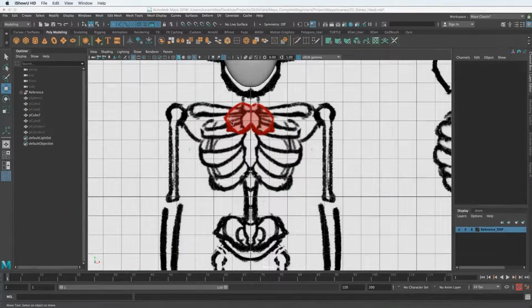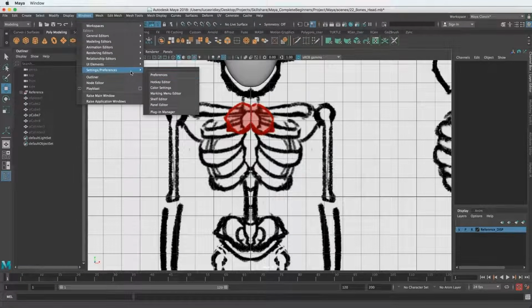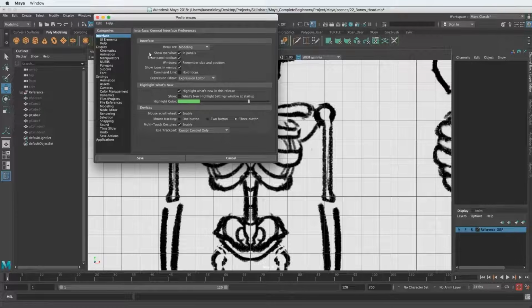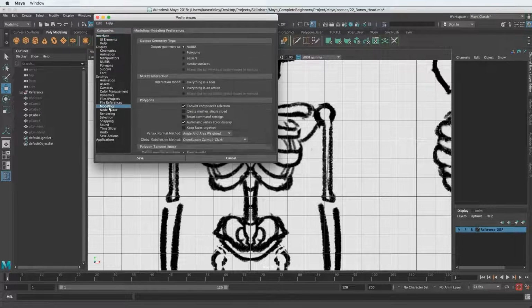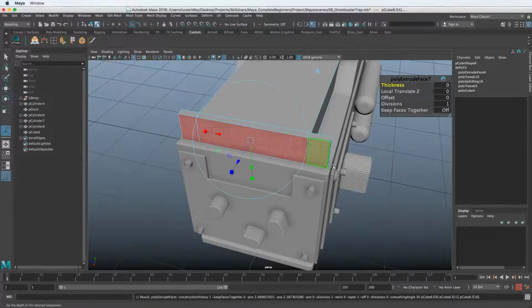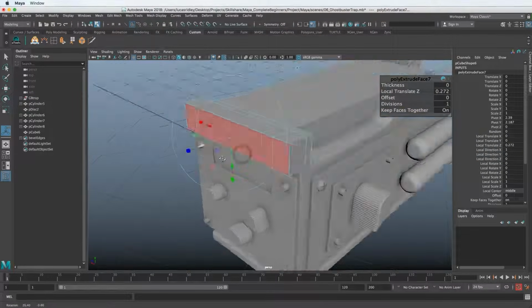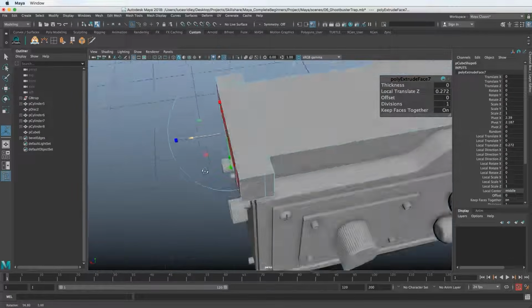And I just wanted to take a second to show you where to change the defaults for the issue that I'm having with setting the keep faces together on. If we go down to modeling, we can say keep faces together, and that's going to be the default now. I'll hit save, and that's that. So when I hit extrude, I'm going to turn on keep faces on now. So now it will behave correctly.